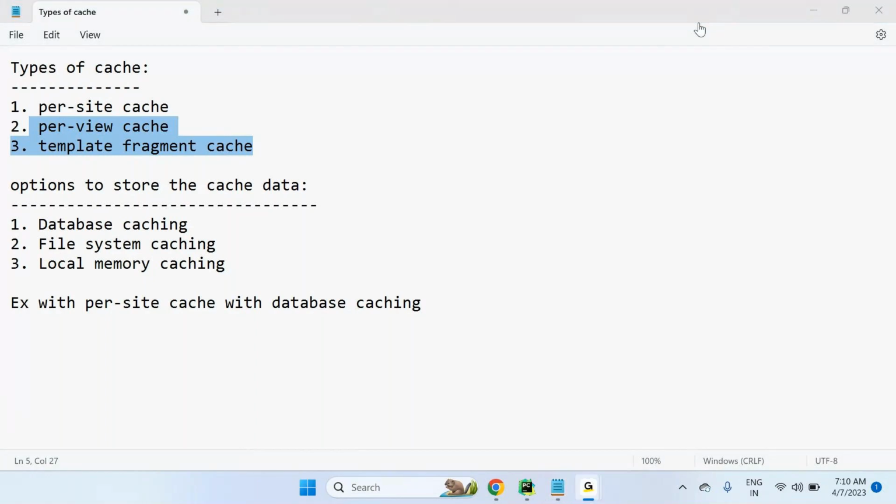Otherwise, you will not get the expected result. Okay, that is important. Let's see this per-site cache. The next option is what? You are working with per-site cache, with what caching? Database caching. It means your cache needs to be stored